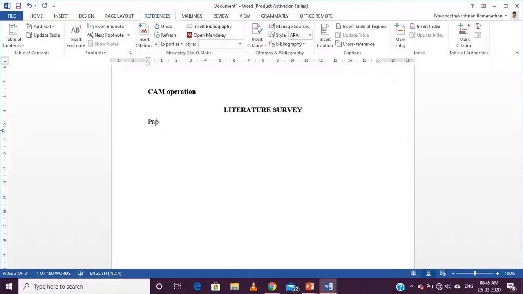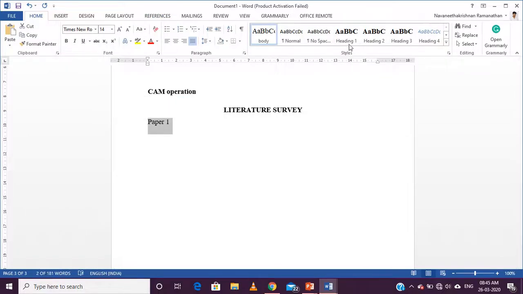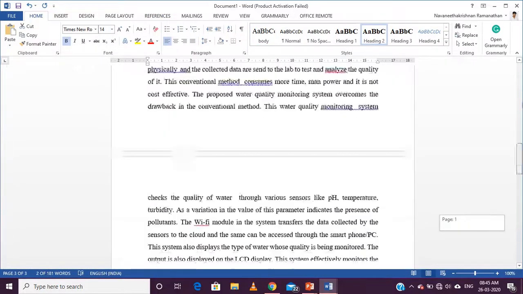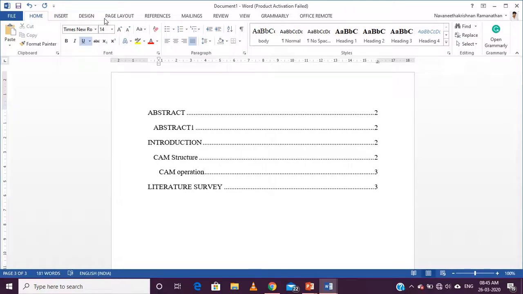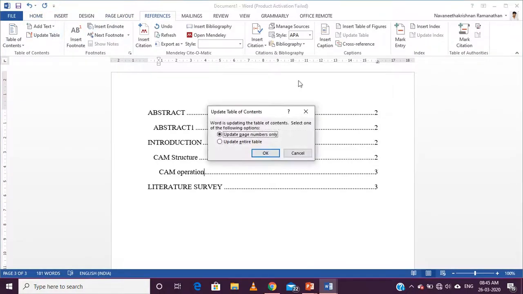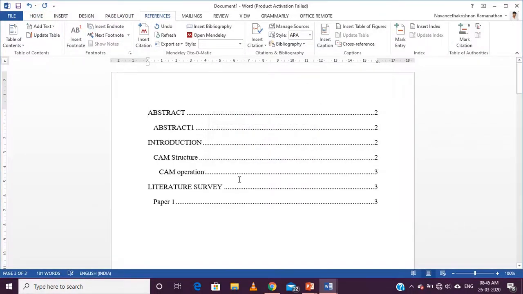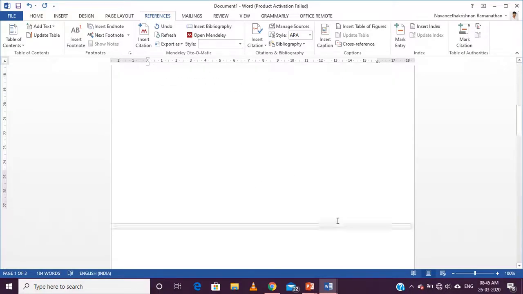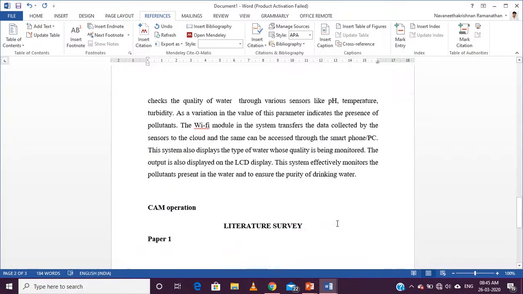For time being, I'm just having this as paper 1. I'm just selecting this as heading 2. So go to table and give update table. So paper 1 will come under my main heading chapter 1. So like this you can automate the table of contents.